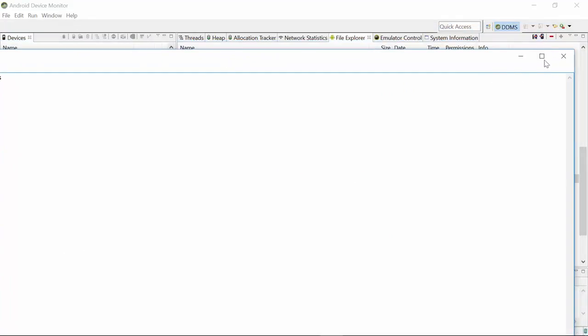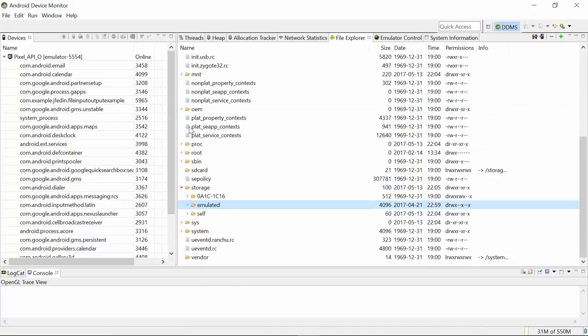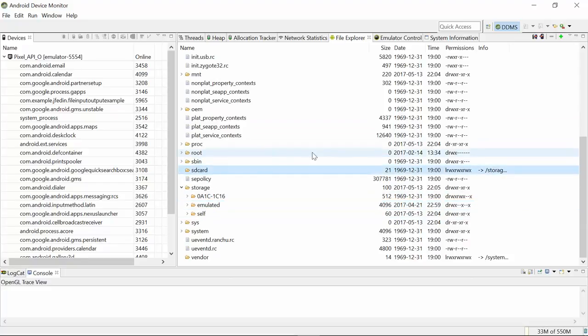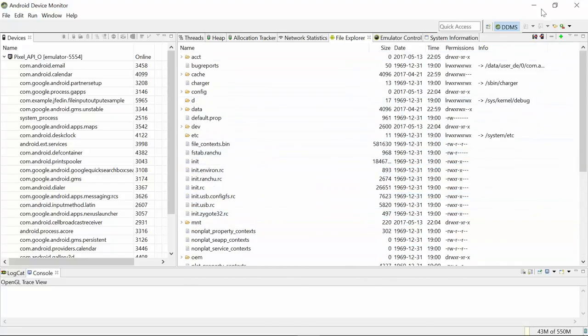That's good. And you'll notice that I went to storage emulated documents because that's where the SD card is located on the emulator. If you go to the SD card right here, it's not inside there. That's not where it writes. It writes to the emulator for the emulator. So keep that in mind. So now we're able to